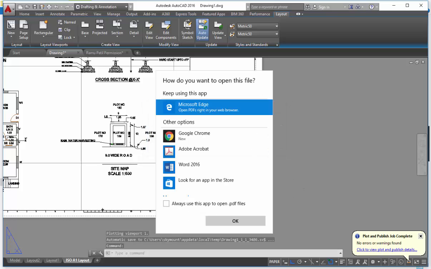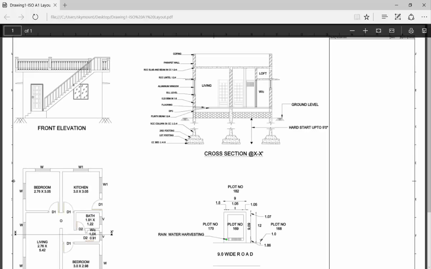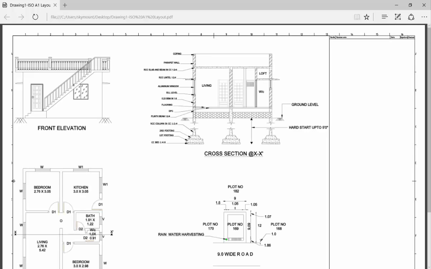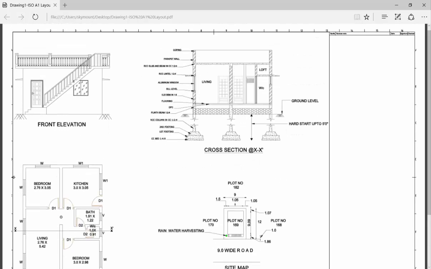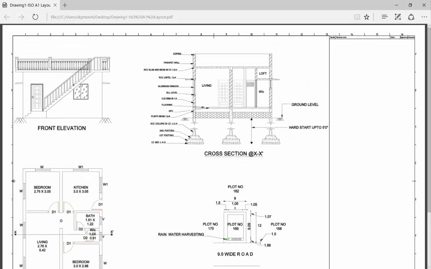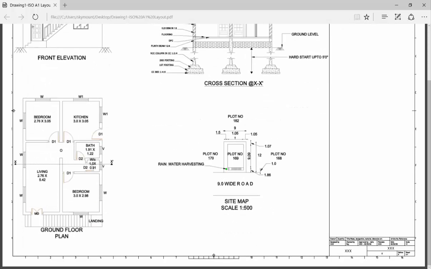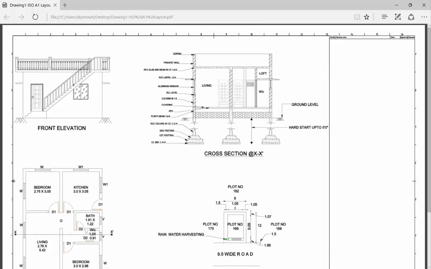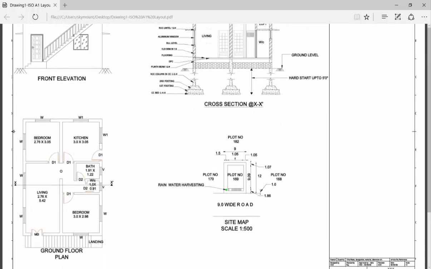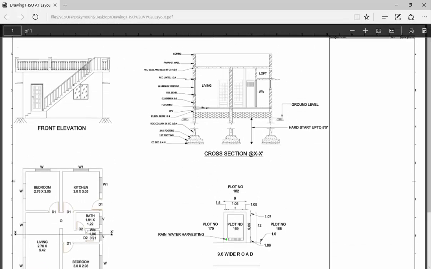Okay, after you convert it, you can see the PDF will get open like this. Okay, so this sheet is too big, so the whole plan is not visible. Okay, so now here